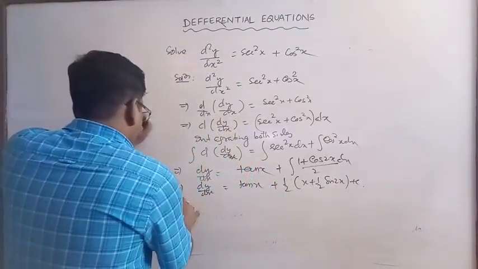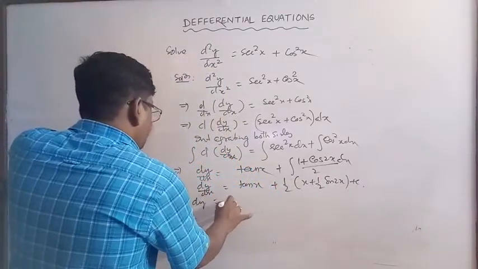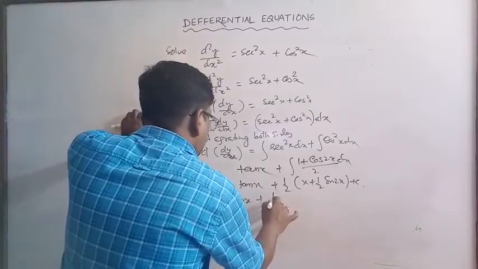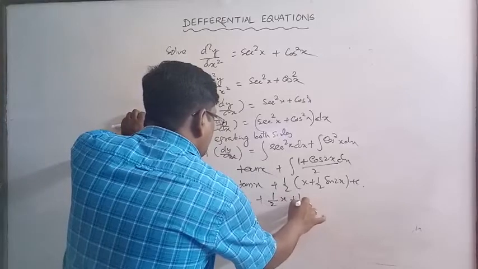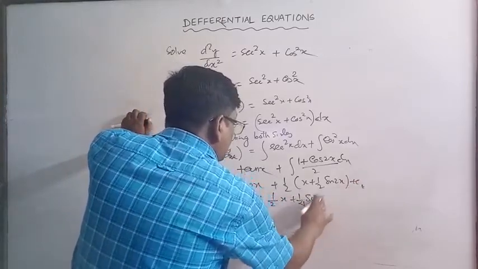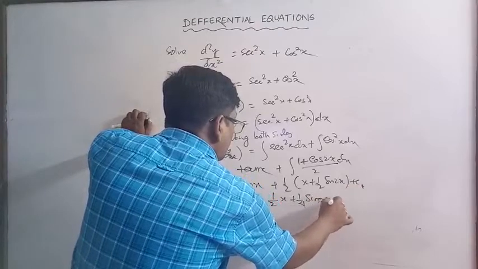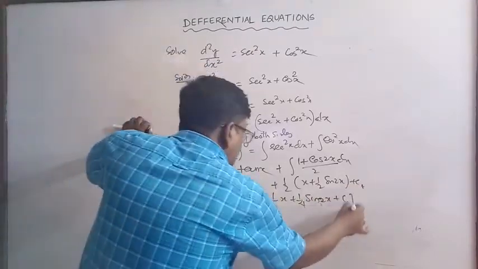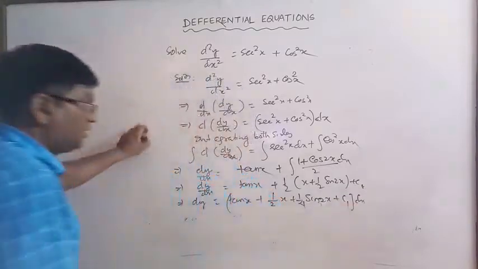That is dy is equal to 10x plus 1 by 2 into x plus 1 by 4 into sin 2x plus c1. Now again whole into dx. Again differentiate,